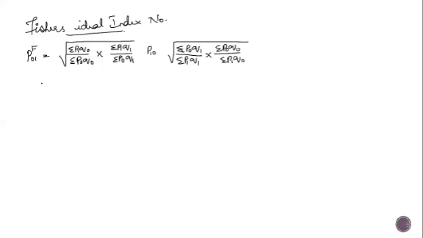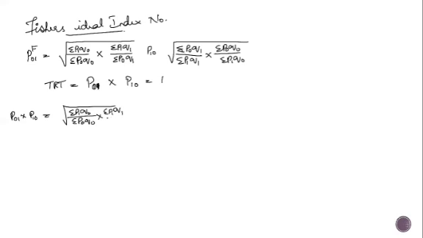Now we will write according to the TRT, that is time reversal test: the price of the base in the current year into the price of the current and the base year is equal to 1. So you'll write it accordingly, that is equal to the square root of summation P1 Q0 divided by summation P0 Q0 into summation P1 Q1 divided by summation P0 Q1